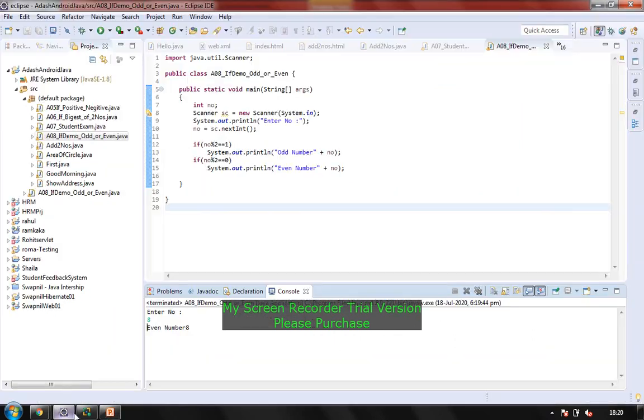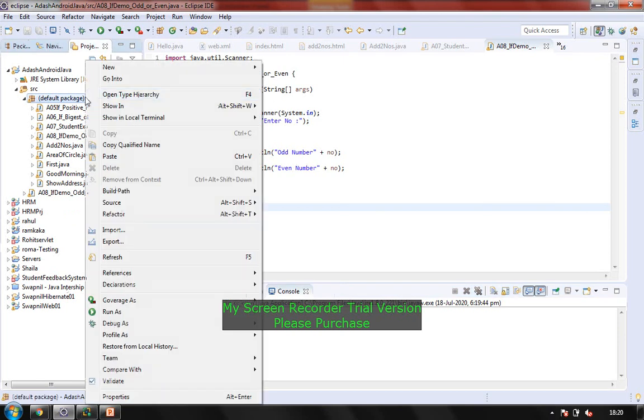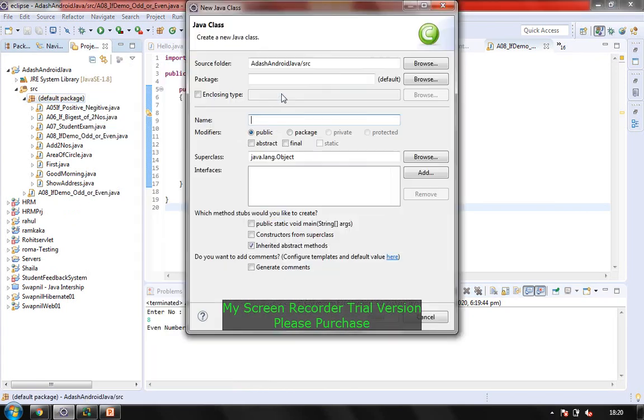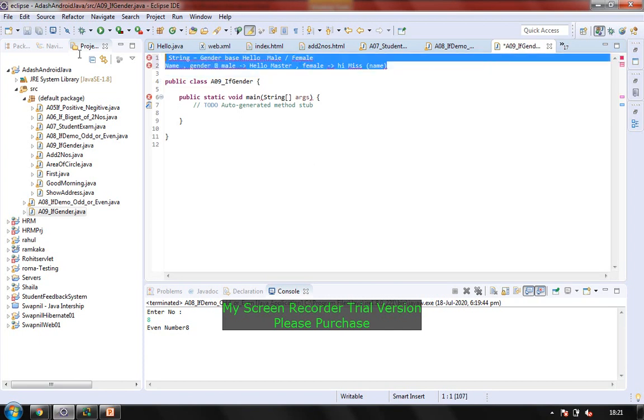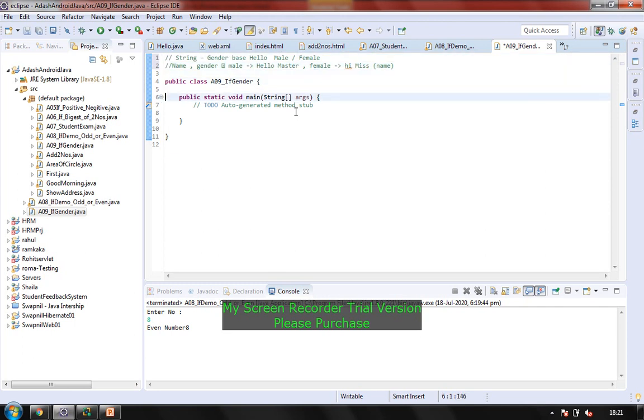Fine, so again I go to my Eclipse, I add another program, I go to File and say New Class. I type my name, the last one was 8, so I'm saying 9 for this, underscore, again this is if for gender. I'll be choosing public. This is the data which I'll be putting into my comment. To put a comment, you have to say Control slash, so it gives a comment.